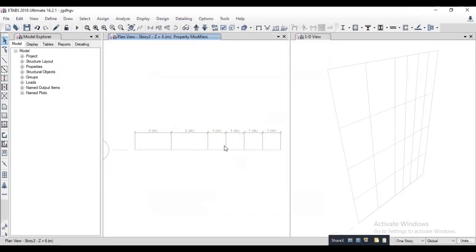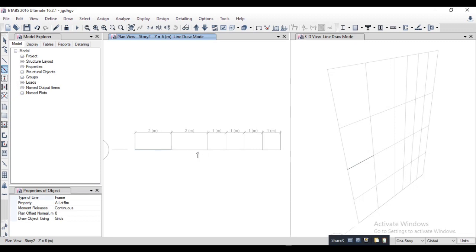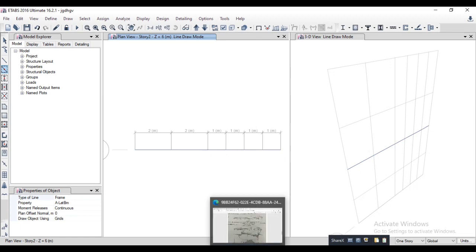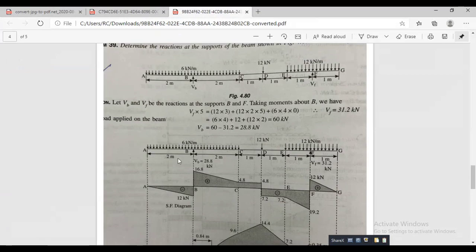You can see here the spacing is successfully assigned, 2 2 1 1 1 1. So go for quick draw beam column, then go for support. See the support is at point B and point F, and the support is simply supported.